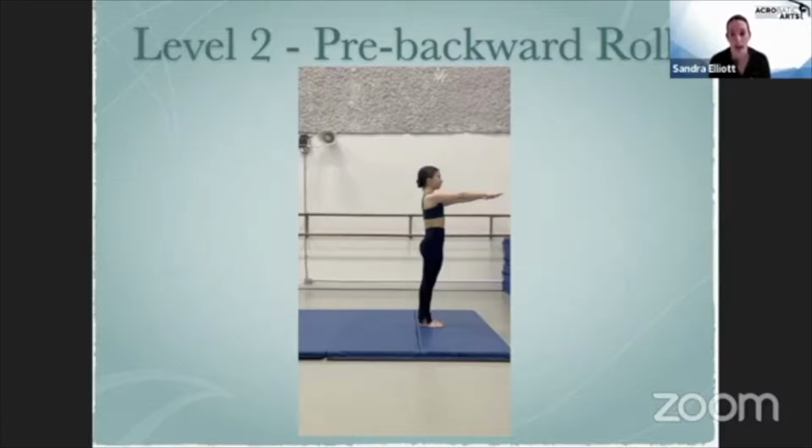So we're looking for a round back. Obviously, the head is tucked, landing with the feet at the same time in a wide acro second. And we want that roll to roll in a straight line of direction. Momentum is going to be important so that they have that speed and that momentum so that as they transition into the full backward roll in level 3, they'll be able to do that successfully. Fingers spread, pointing forward and engaged.